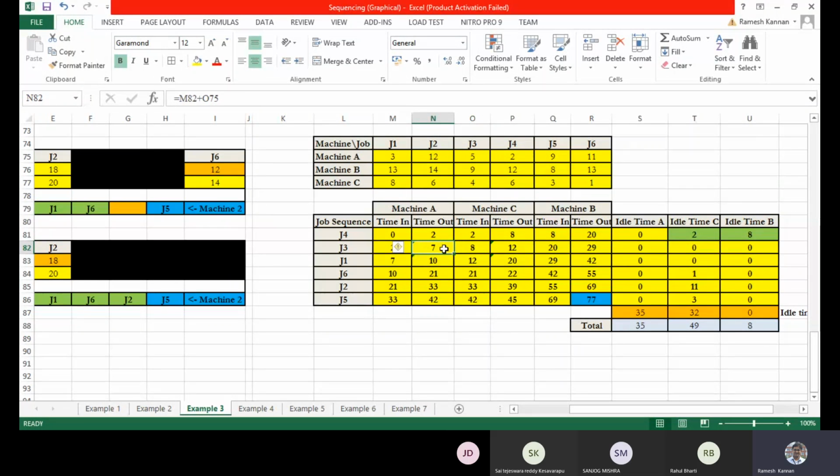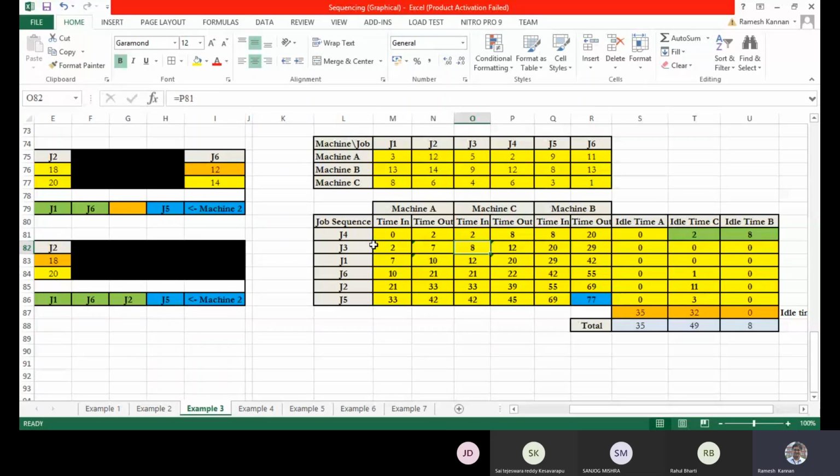Without finishing machine A, you cannot finish machine C. So there's a constraint, which means this value should always be greater than or equal to this value. In this case, luckily it's 8 and 8, and we can put an 8 here because 8 is greater than 7.